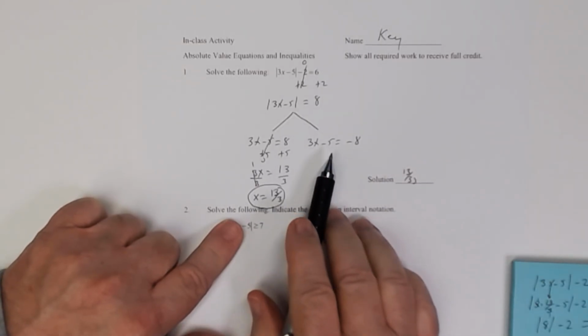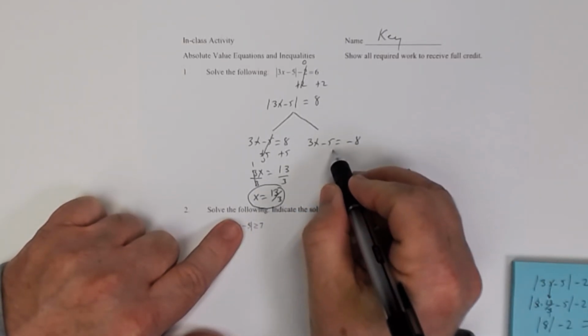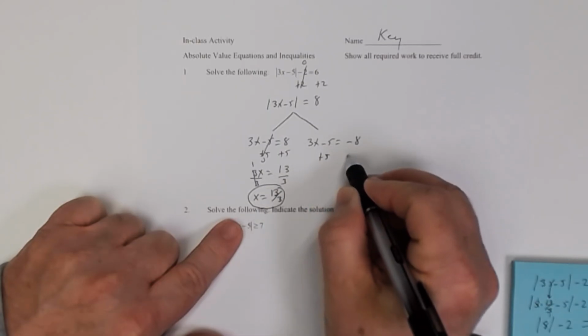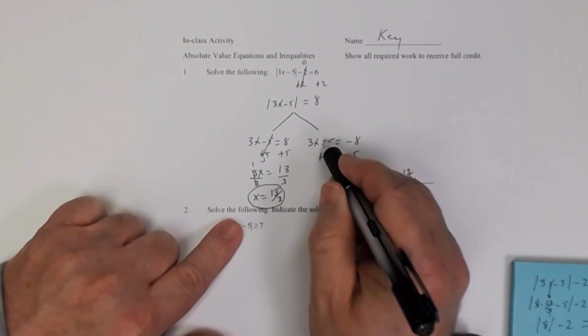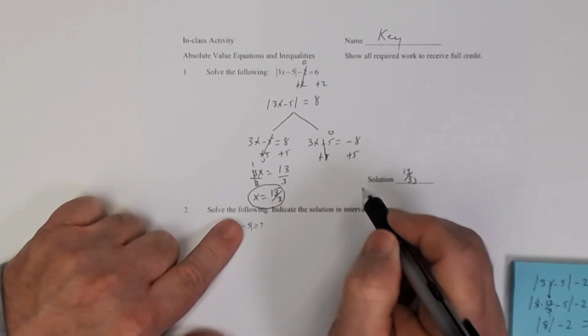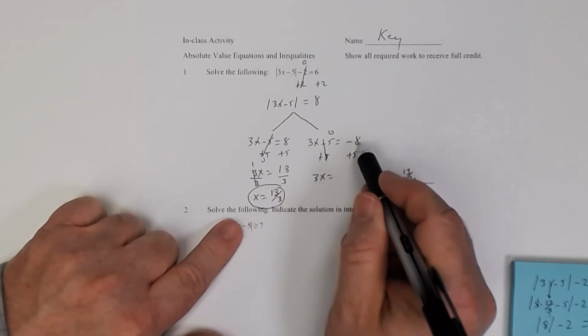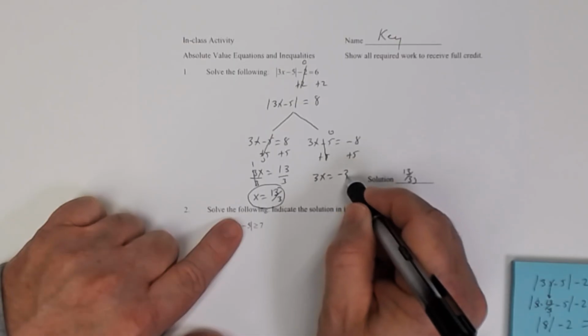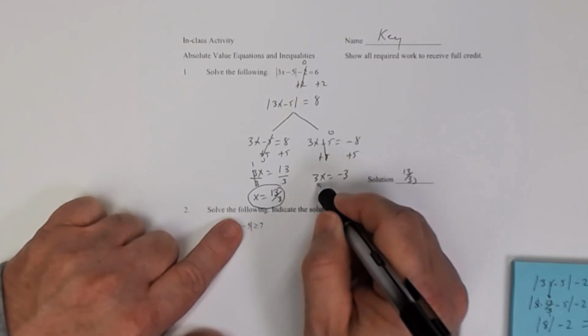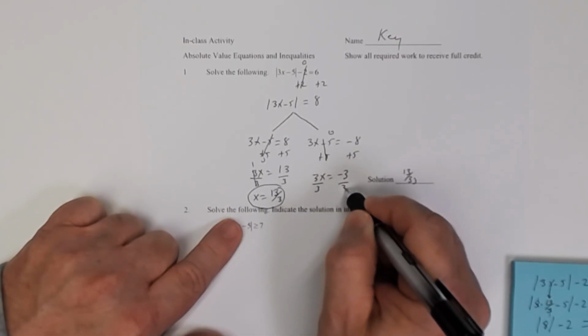Now let's solve for this equation. Again, this is linear, very easy to do now. I'm going to add 5 to both sides. The 5 and negative 5 is 0. Those are opposites. So I get 3x is equal to a negative 8 and a positive 5 is a negative 3. And so to get x by itself, I'm going to go ahead and divide both sides by 3 because